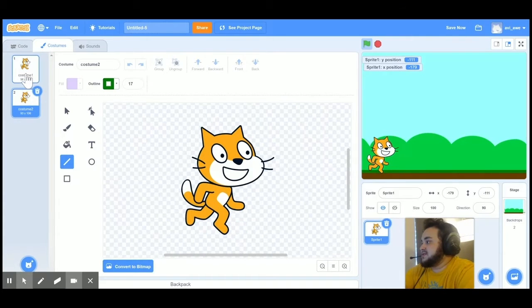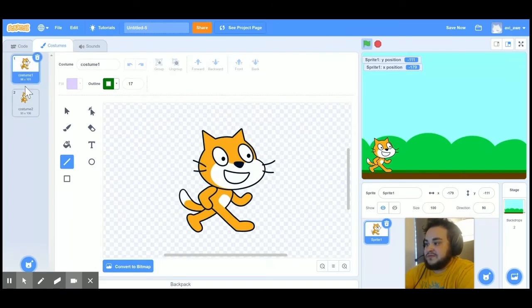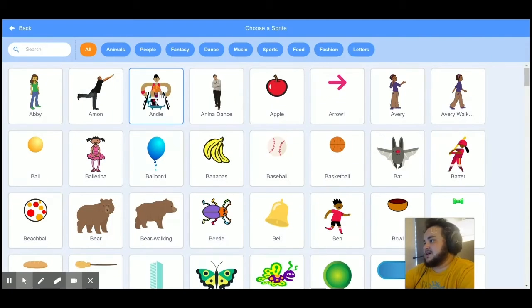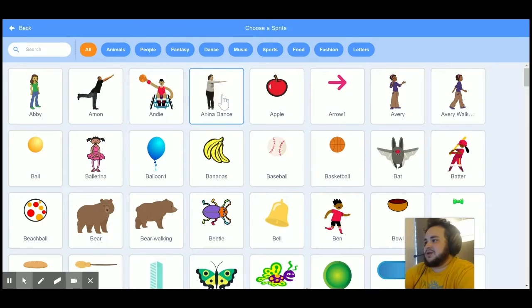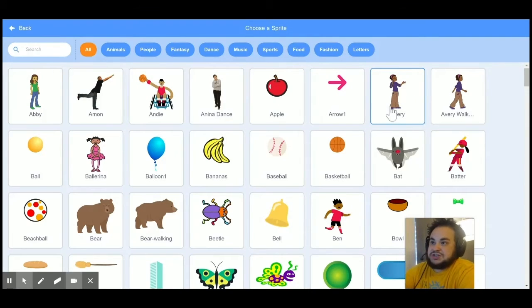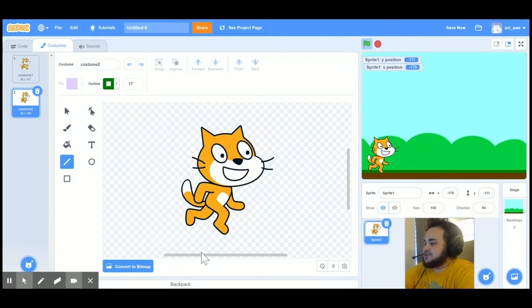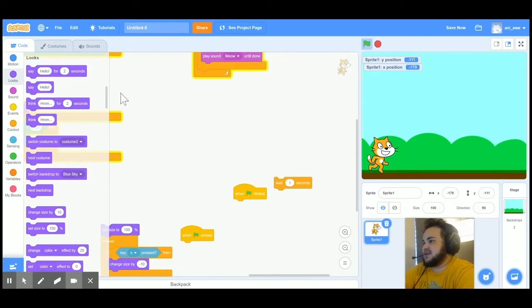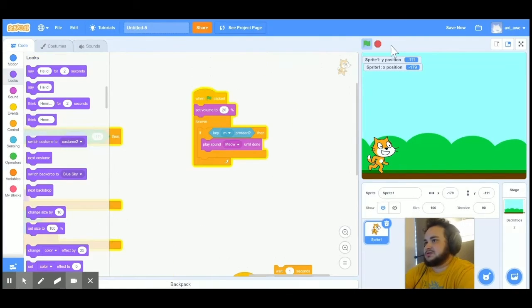And so you can see this is kind of like an animation of the cat moving. There's many options if you choose a sprite that's already built into this program from over here by my little webcam. There's a bunch of sprites that have their own costumes, and that's each little different frame of a moving picture over here. And when it moves, it changes the costume. So I'm going to show you how to change the costume to look like your character is moving instead of just sliding, because you'll notice